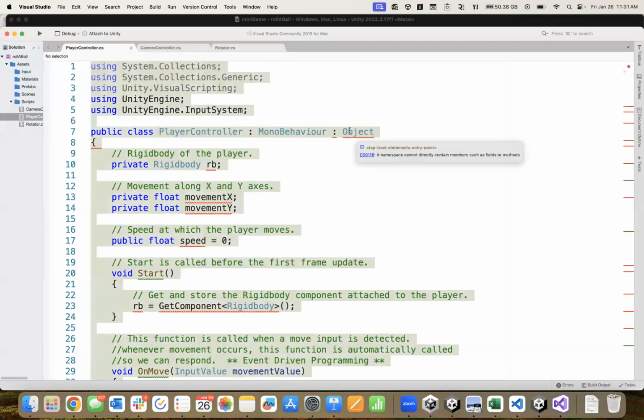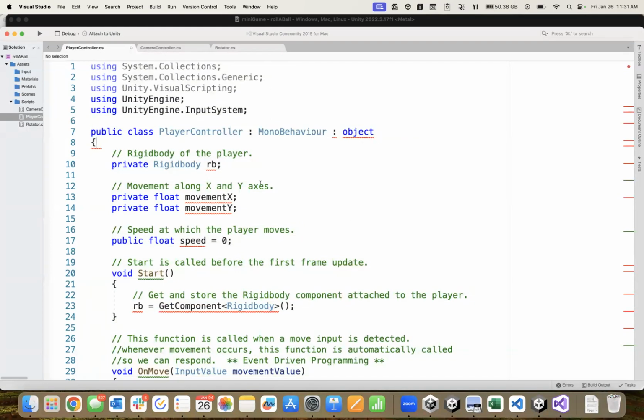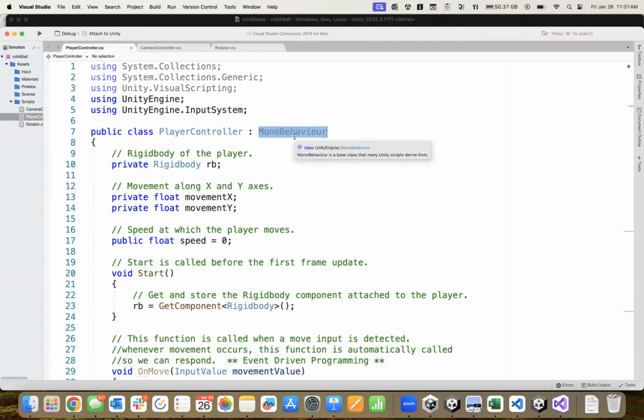Okay, so actually it's a lowercase o, I believe, in C#. A lot of times in C#, the differences between that and Java are just capitalizations and stuff like that. All right, so that means that this particular class that we're writing, this script, we want to participate with Unity's